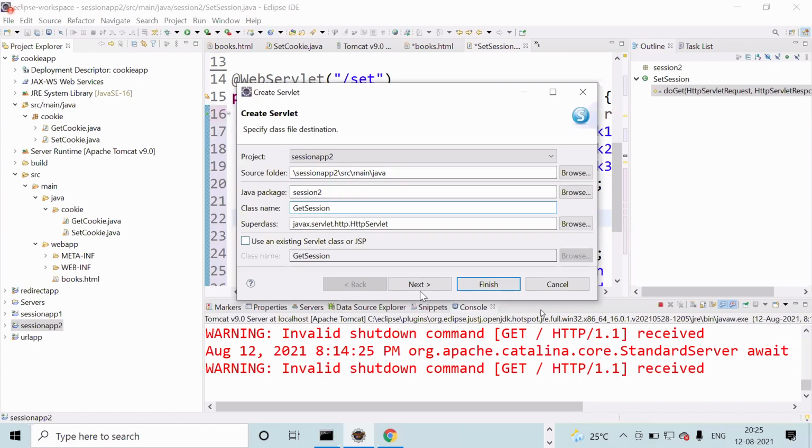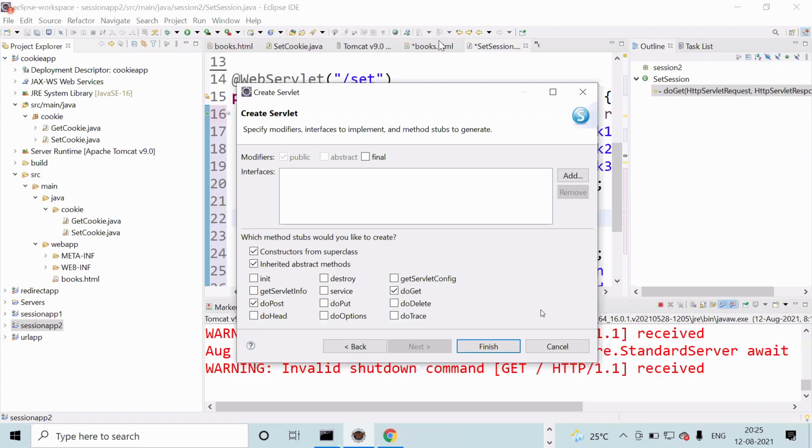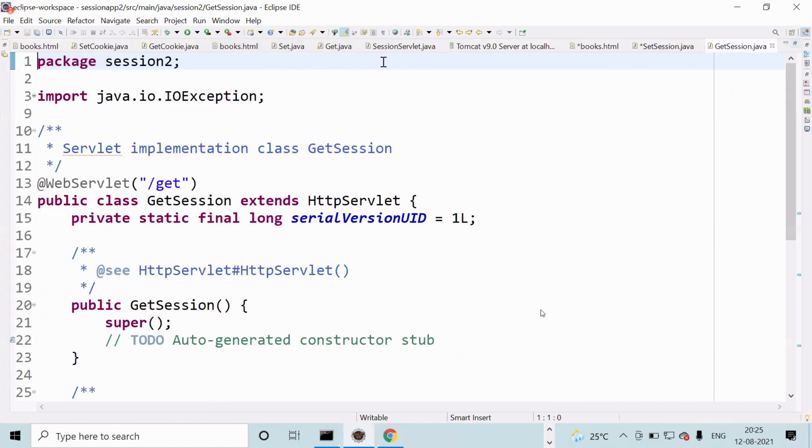Next, here it should be get. Finish. Now see, I'm just changing the session tracking method only.